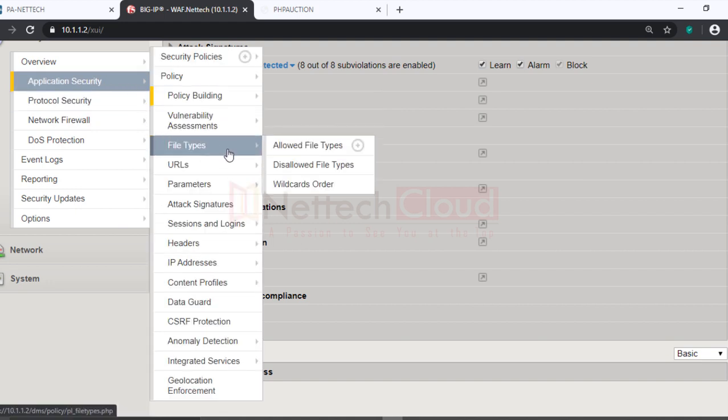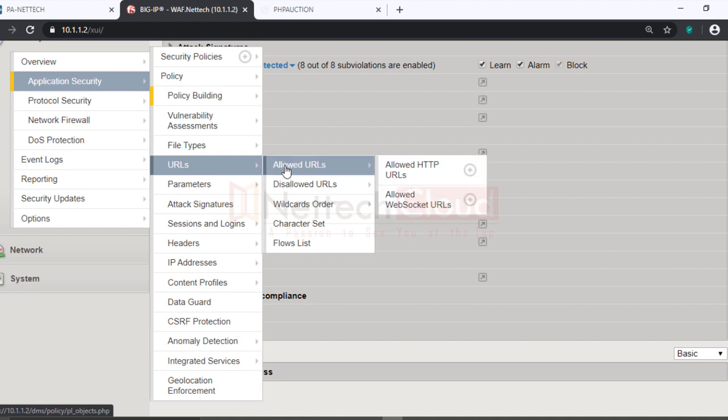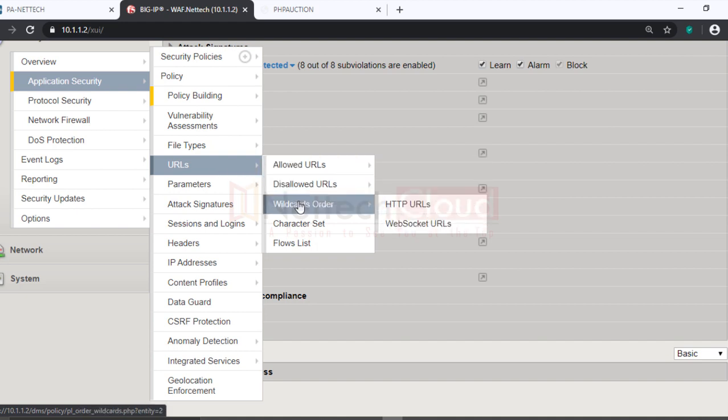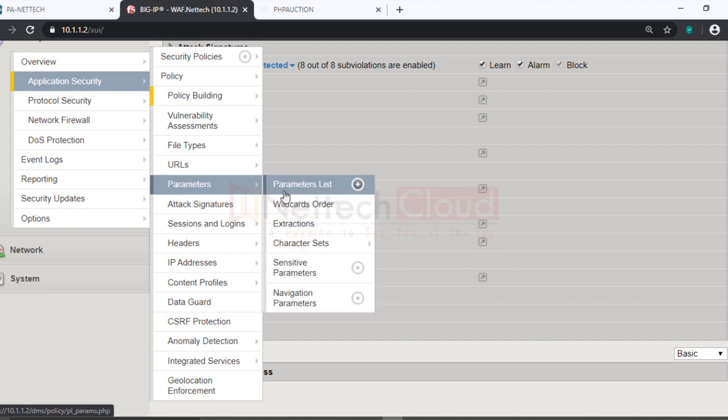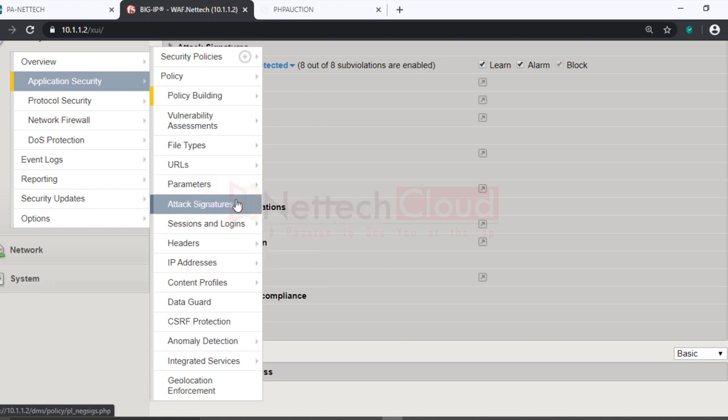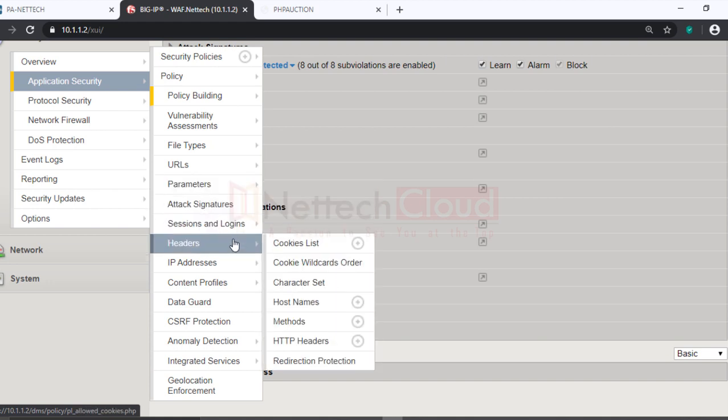So in a web application firewall, we can specify what file types should be allowed or disallowed in the web application. I mean JPG, PNG, or PHP, ASP. What URLs should be allowed and disallowed, wild characters, even parameters, values, length, attack signatures, headers, even what HTTP methods should be allowed.